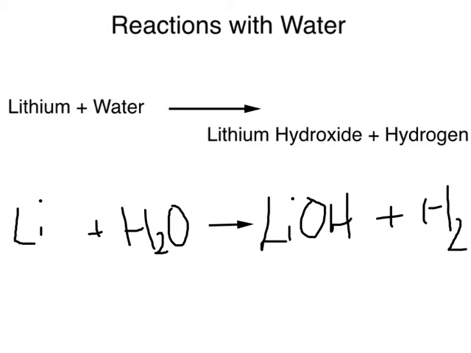Now it's not quite balanced, so what we need to do is put a 2 in front of that, and a 2 in front of the lithium, and a 2 in front of the water as well. Now what I'd like you to have prepared for your next lesson is the 5 reactions for all the alkali metals with water. So the word equation that we've got here and the symbol equation that we have here. Okay,